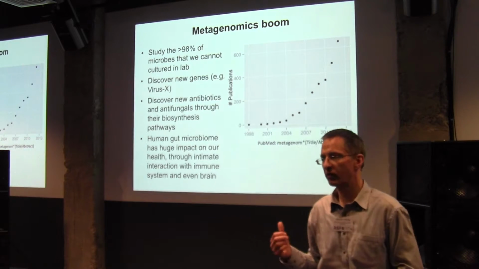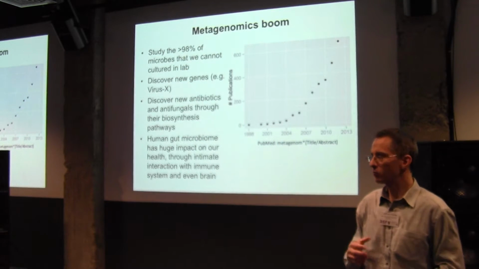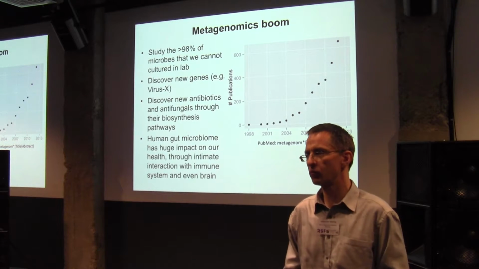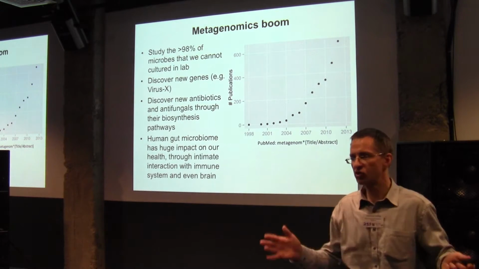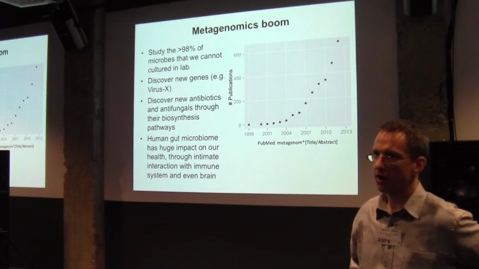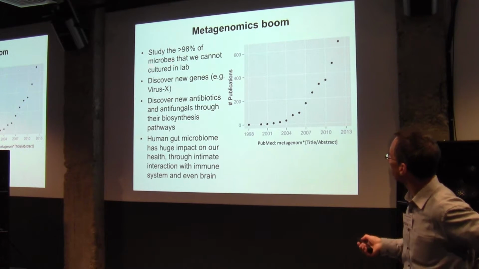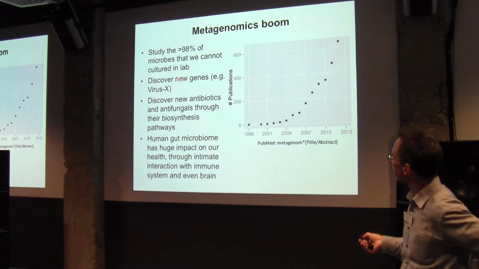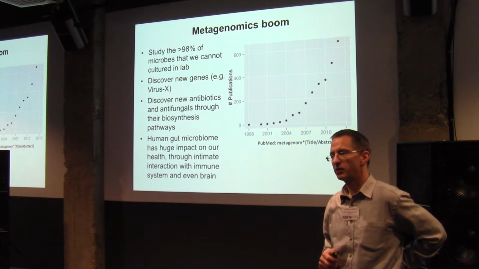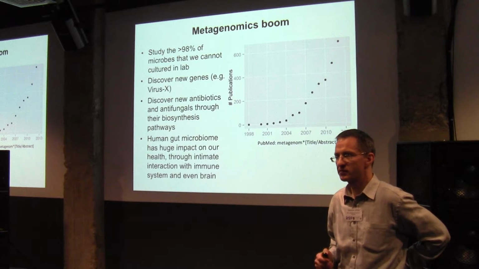And the sequences are so sensitive that with one single sample, you often find 100 or even more species. Maybe not the complete genome, but a lot of the sequences from those. And you can do that both for DNA and for RNA. And so that means that microbiologists can now study bacteria in their natural habitat in a way that is unprecedented.